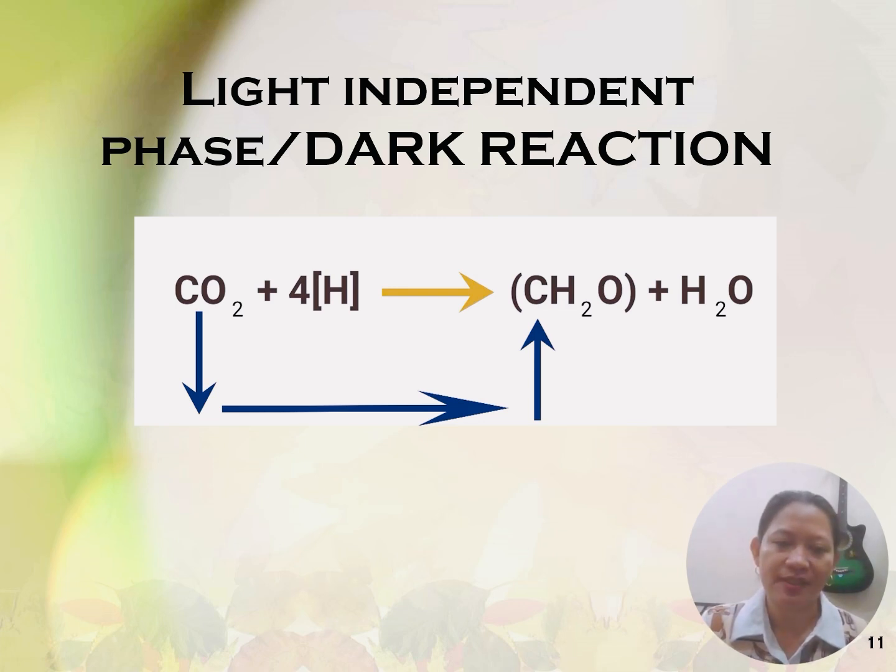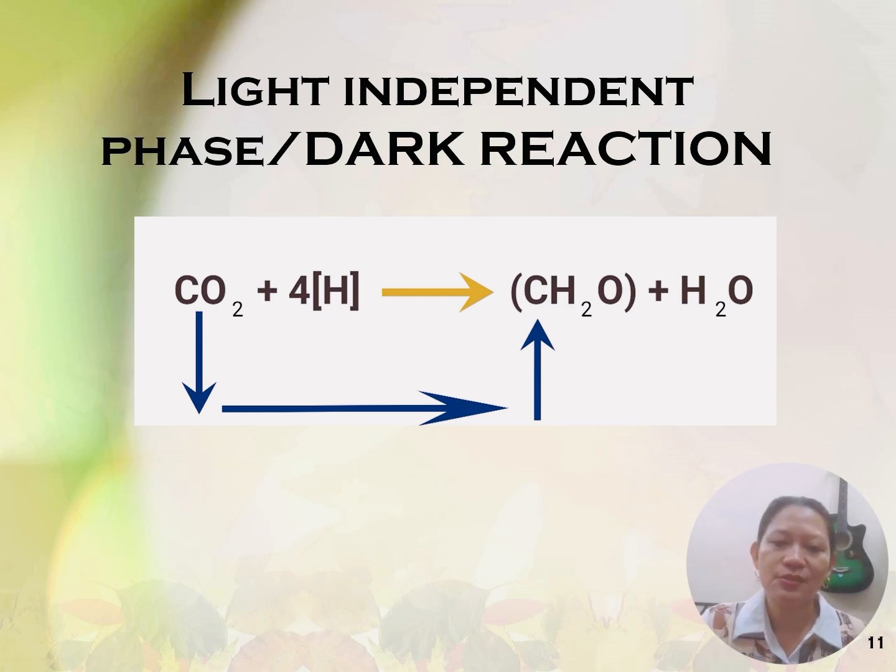This carbon dioxide has a formal charge of 0, wherein oxygen is -2, and we have 2 oxygen here. So that means we have -4 from oxygen, and if the formal charge is 0, that means carbon is +4. So we will need 4 hydrogen for the reduction reaction to take place. The carbon will accept electrons from the 4 hydrogen to produce formaldehyde and water.